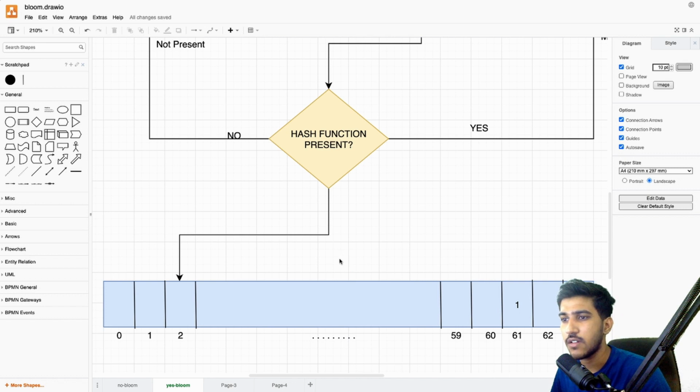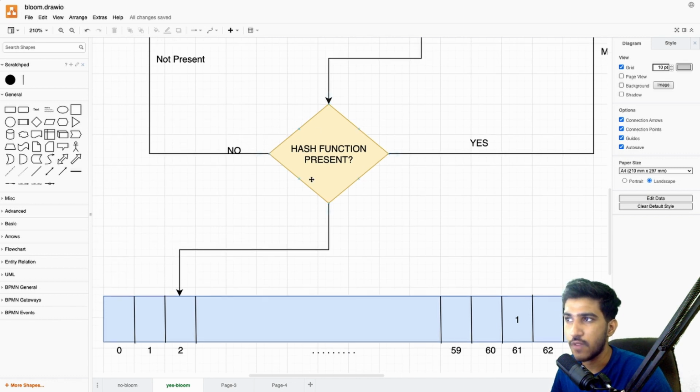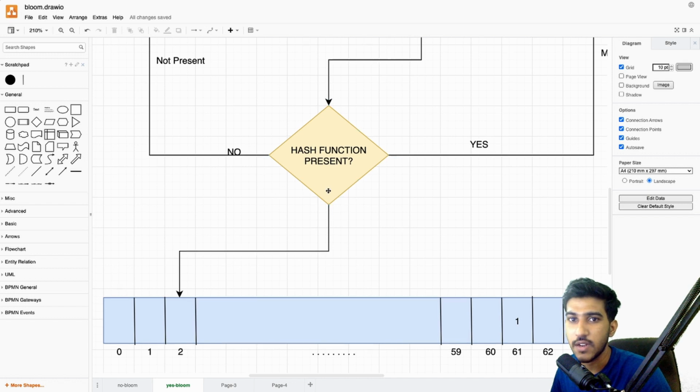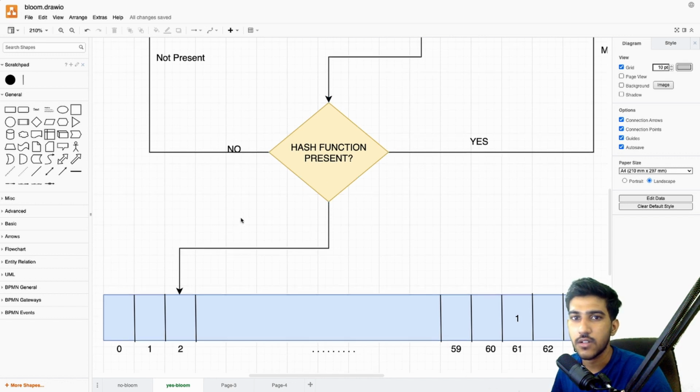The other way we can think of is that instead of one hash function, we can have multiple hash functions, and then we set every index that comes out of the hash functions.